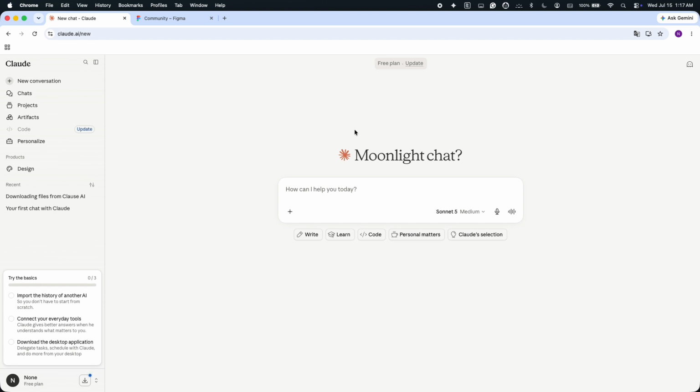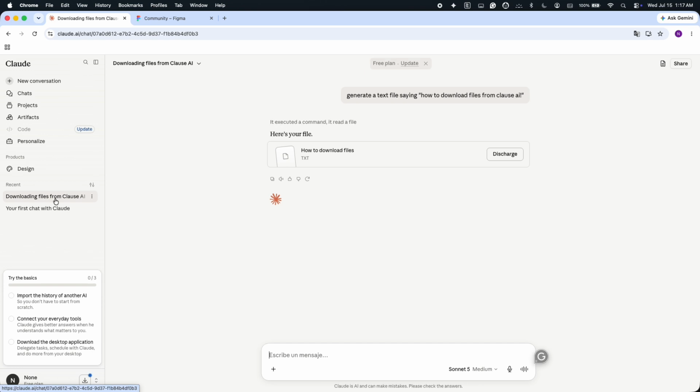First, open up Claude.ai using the website or desktop app, then sign into your account and open the conversation where the file was created and scroll until you find it. The file should appear inside the chat with its name and a download button or link. Click the download option,